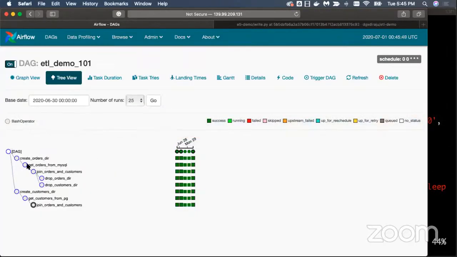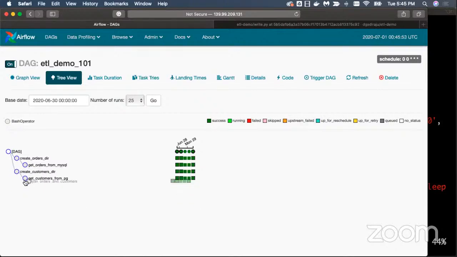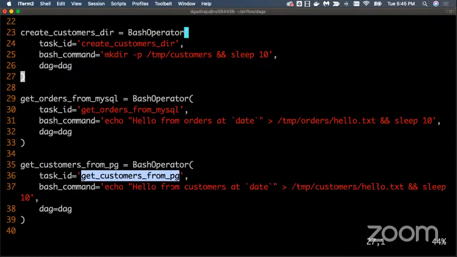So this is get orders from MySQL, and this is get customers from PG. In this case, I just simulated using the Linux approach by passing the message hello from customers into a text file. We will invoke the Python code to actually get the customers data into a file. We will take care of it in a moment by invoking the appropriate Python